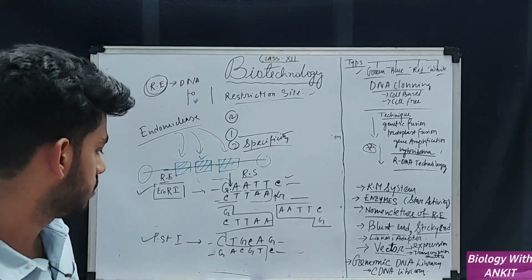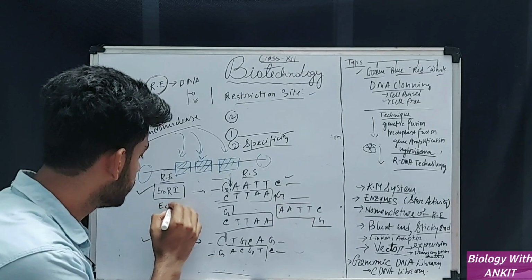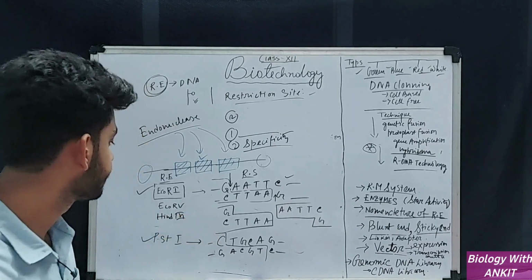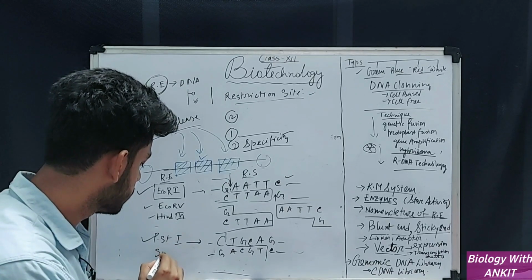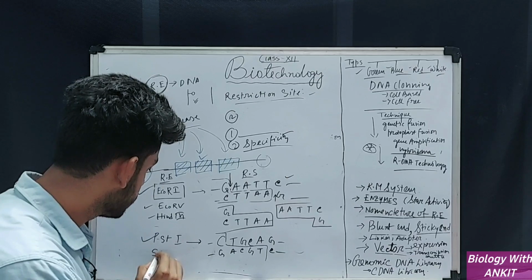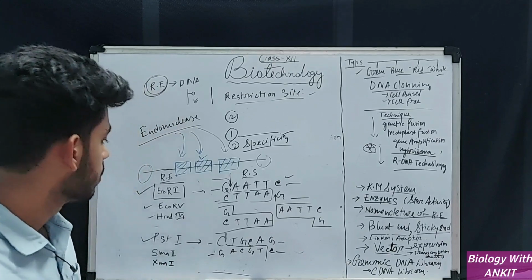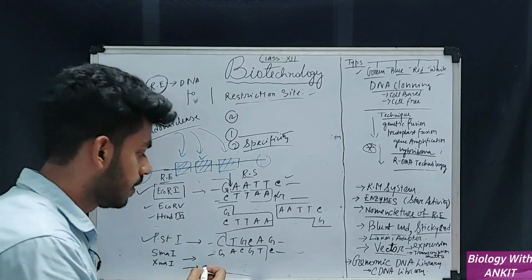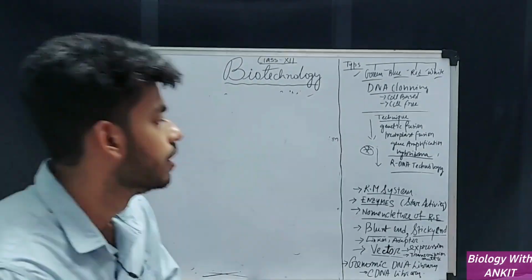I will also encourage you to know some other enzymes, that is EcoRI. Please do some research on them. EcoRV, HindIII. These two are very popular. Also, SmaI. Okay, these are some enzymes, and also you find out what the restriction sites are for these enzymes. Okay, this is your homework.